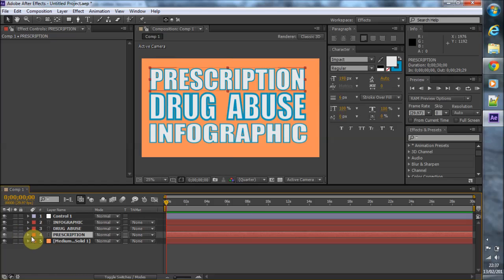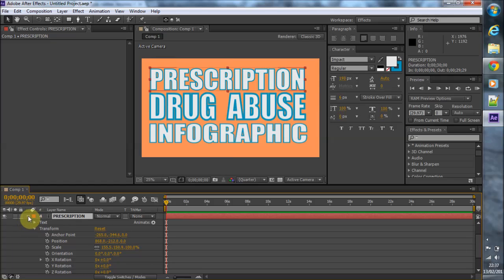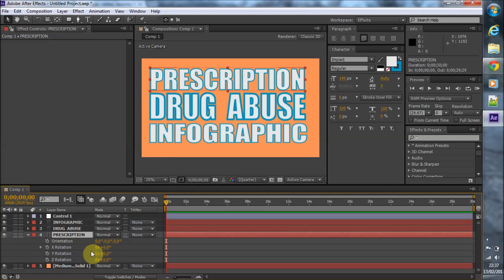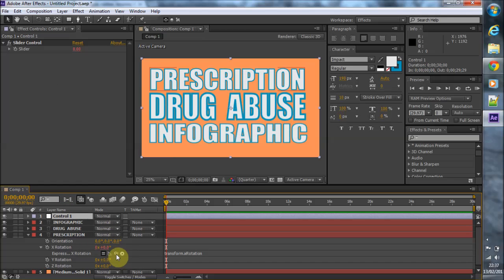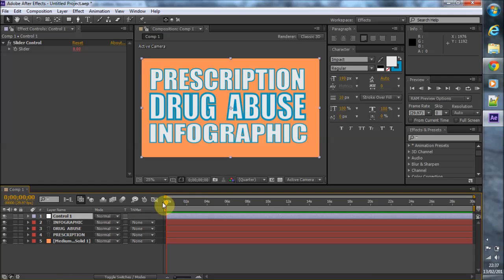Now we go to our last layer, the prescription layer, and again hit R, and then choose your X rotation, and then alt click, and then again pick whip up to your control layer like so. Now what we need to do is we need to move this to 4 seconds. Actually, let's make that about 5 seconds, and